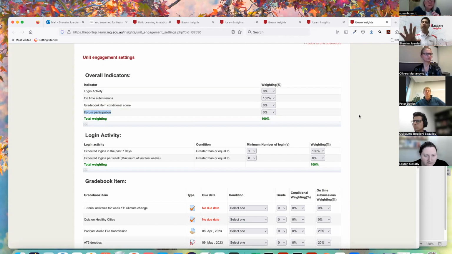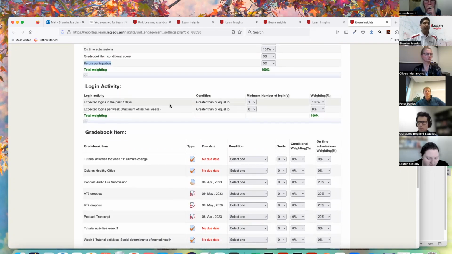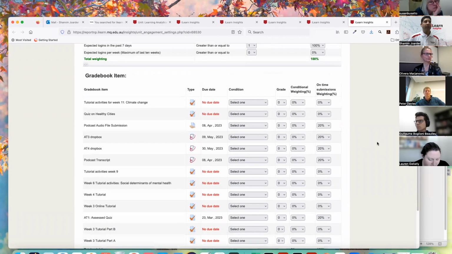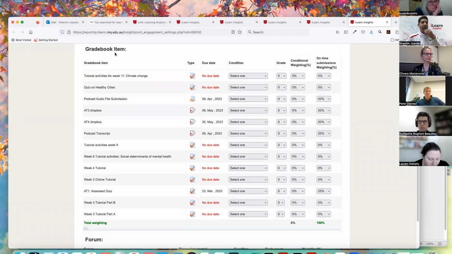It's all about the unit convener understanding how their unit is engaged, how students are engaged in your unit. So even login activity, you can say how many logins do you want per 7 days. Is it 1 login or 2 logins or 3 logins? So by default, it is one login. You can also change the gradebook item over here. So by default, any gradebook item, or basically not gradebook item, in this case only